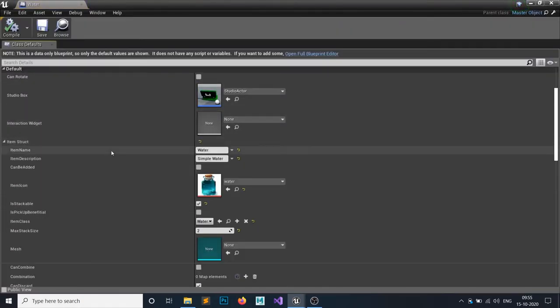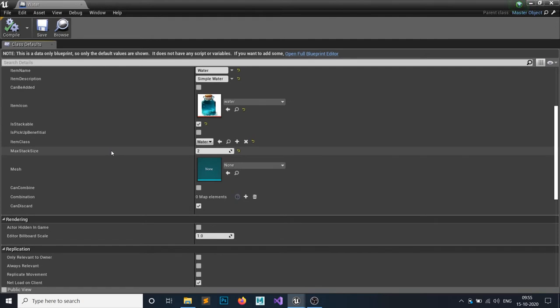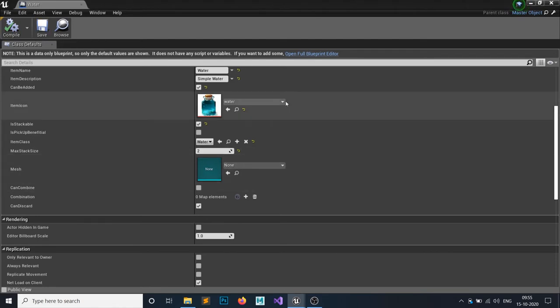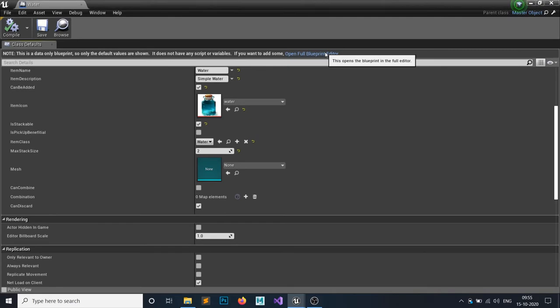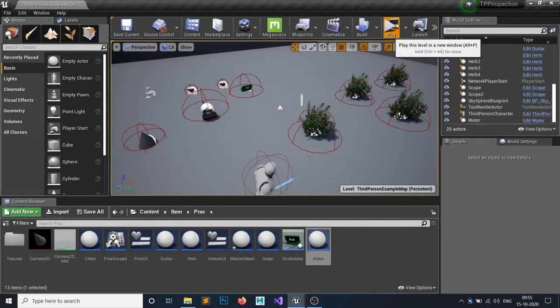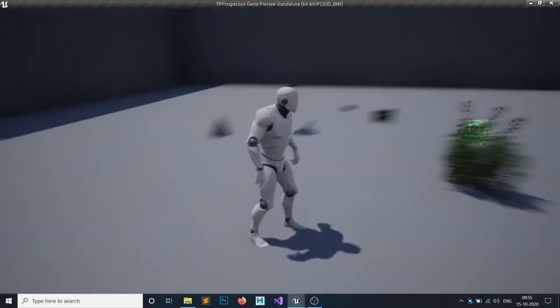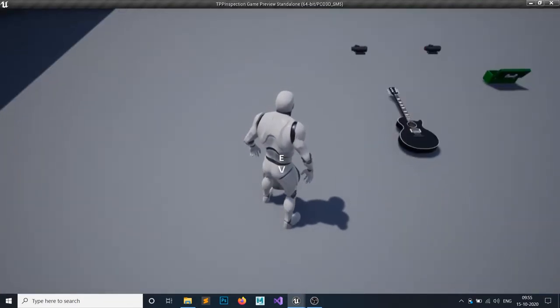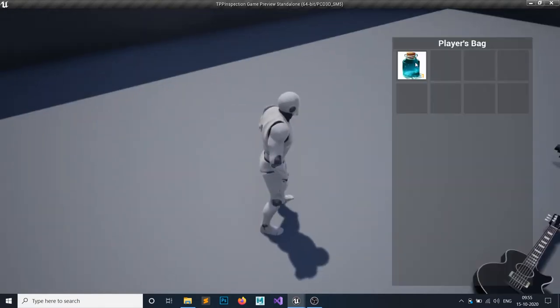So open your item structure, and yes, it can be added to our inventory, because we want to add this to our inventory, right? If you want to open it in the full blueprint, just click on this, and you can open it like this. Now if you interact with this, our water would be interacted with and added. So you can see our water is added.